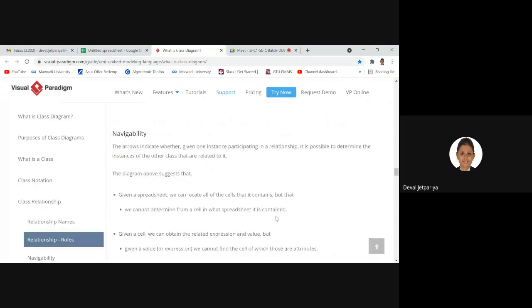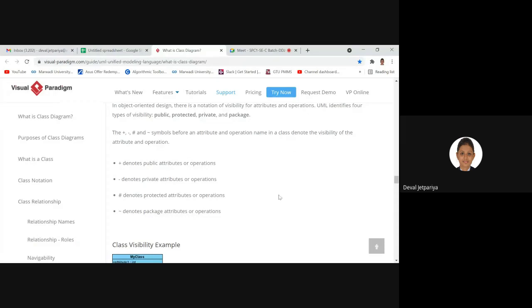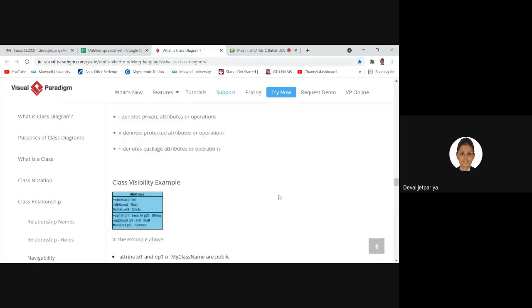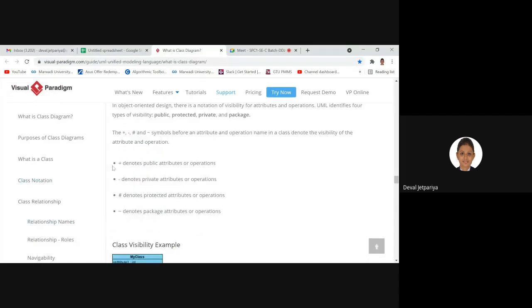Shall we move further? Okay, three visibilities. If it is a plus sign, that means it denotes a public attribute. For example, phone number you don't want to be public, right? So you can keep that as private. But for example, email or enrollment number, you can refer to as a public entity, right?